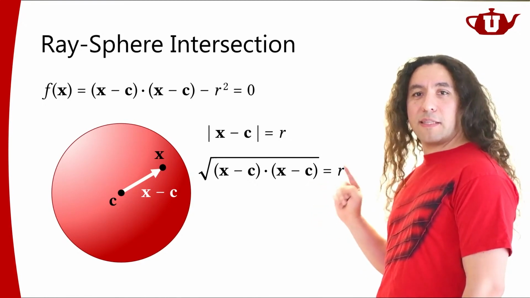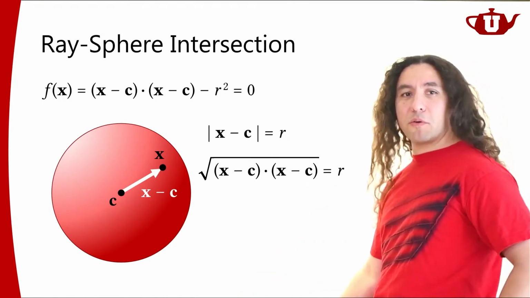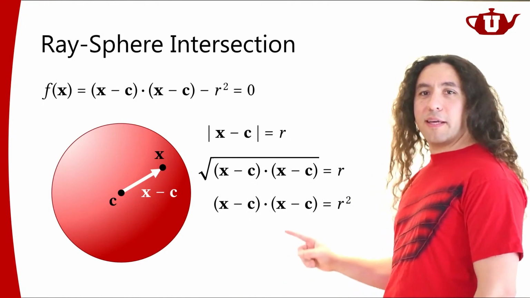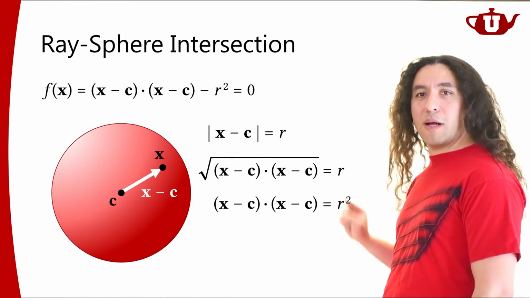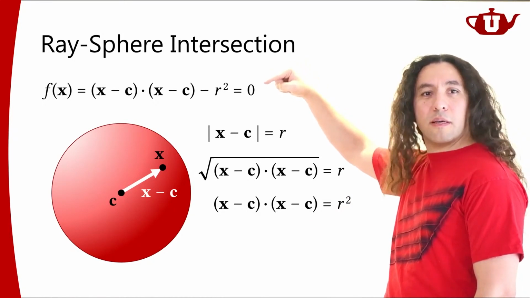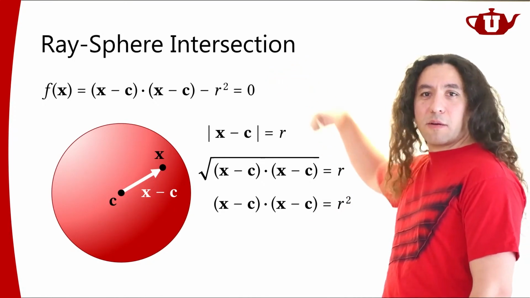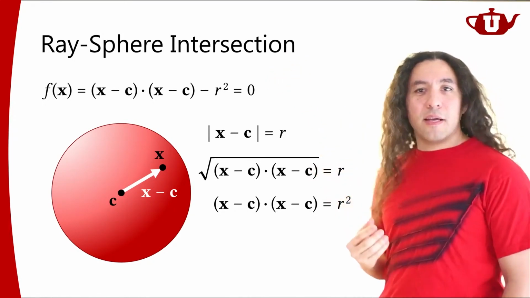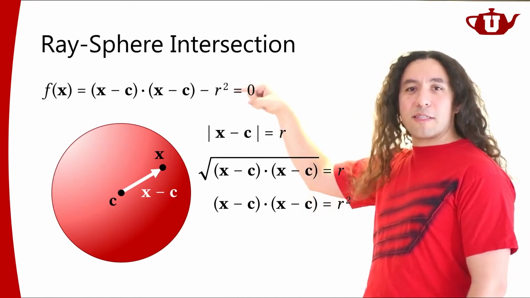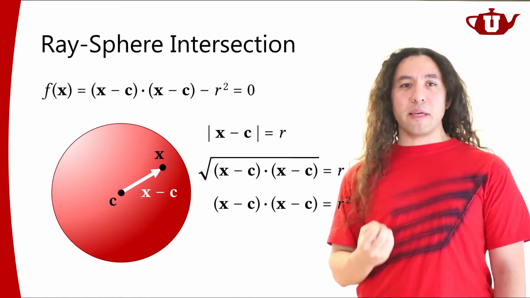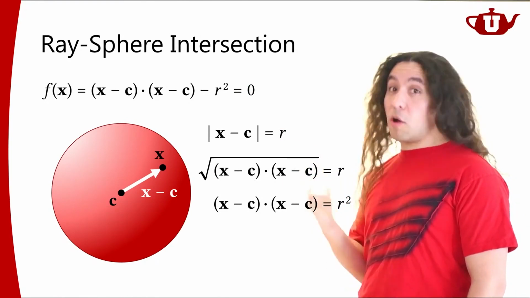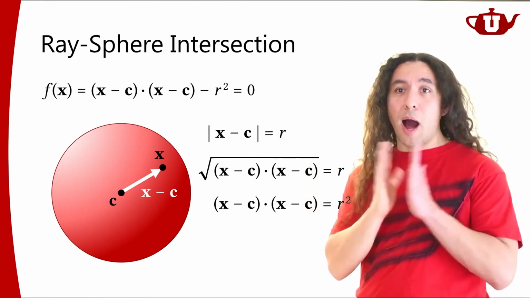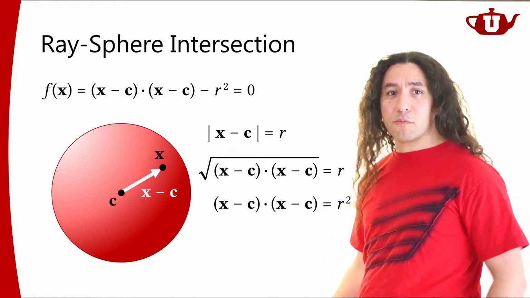And if I take the square of both sides, I'm going to get this: the dot product of a vector by itself is equal to r squared. Well, guess what? It is exactly this equation. So this is what this equation says, nothing else. If you really understand what this equation says, it's really intuitive. That's why I like vector equations. Also, they are a lot more compact than the scalar forms.